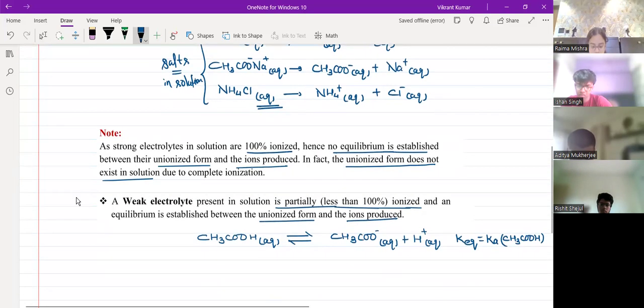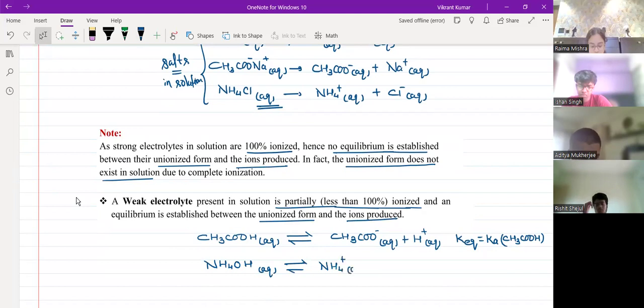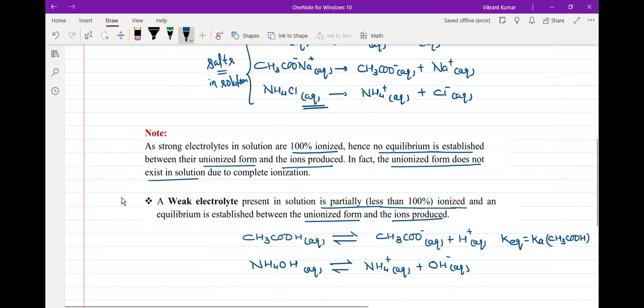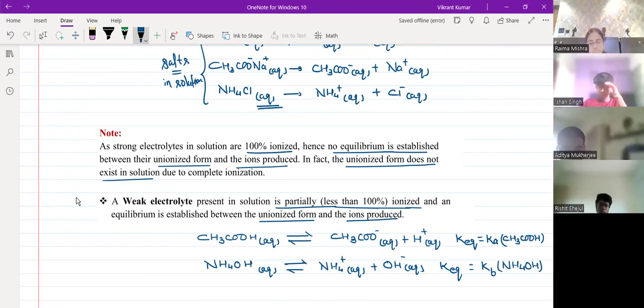वैसे if I am having some weak base, like if I give you NH4OH, it is considered to be a weak base. It will not be completely ionized. So it will give you NH4 plus aqueous plus OH minus aqueous. But because it is having reversibility, an equilibrium will be established. So if equilibrium is coming, equilibrium constant will be there. तो इसके लिए हम लोग base के लिए write Kb. Kb of NH4OH is the equilibrium constant for the ionization of NH4OH.